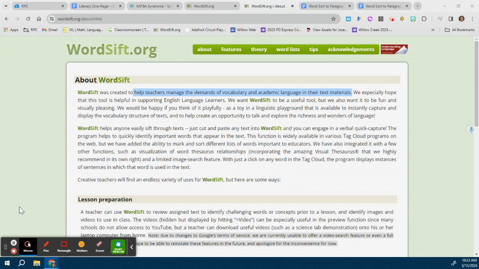All right, quick explanation of word sort to paragraph. With word sort to paragraph, this activity is going to use wordsift.org, which is a website that will help teachers manage the demands of vocabulary and academic language in their text materials. So it allows you to take text and paste it in and create a word cloud and then sort or